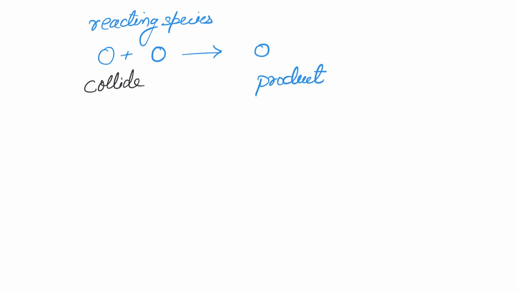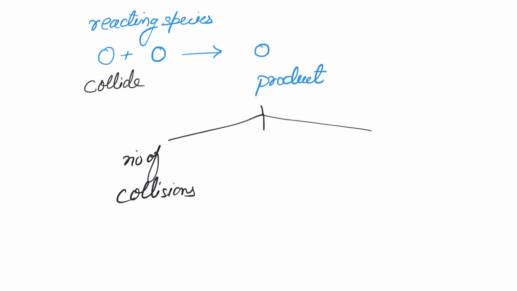Now, collision theory says there are three things that affect if and how the reaction proceeds. The three things are: number of collisions. As you can imagine, if there are more collisions happening, the rate of reaction will be more. So you increase the pressure, you get more reaction. The second thing is the